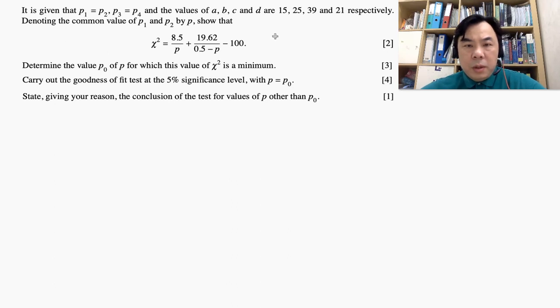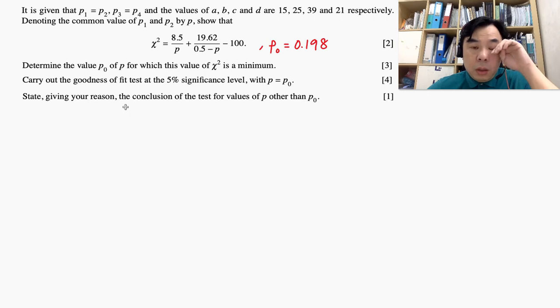Just to recap again, the p naught value which yields the minimum chi-square that we have already obtained is 0.198. Now we're going to use this value to calculate the chi-square test statistic. To perform a goodness of fit test using chi-square here, we're going to write down